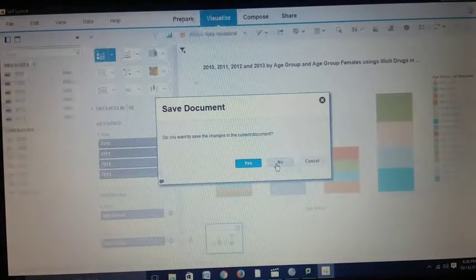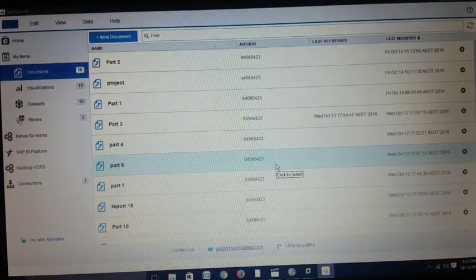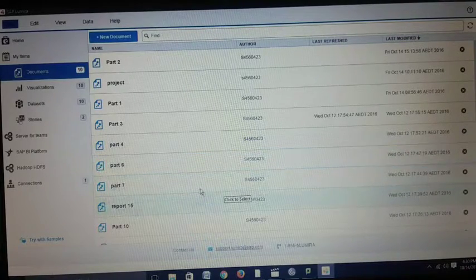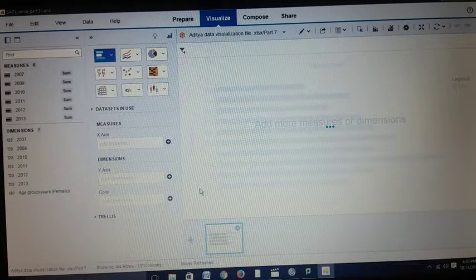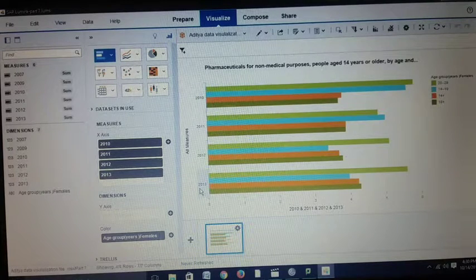The major concept to discriminate between male and female in these charts was to show the amount of drugs used by males and show the amount of drugs used by females. Now, here in the seventh chart, this shows the use of pharmaceuticals for non-medical purposes by the people of age group 14 plus, and they are females. We would talk about the age group